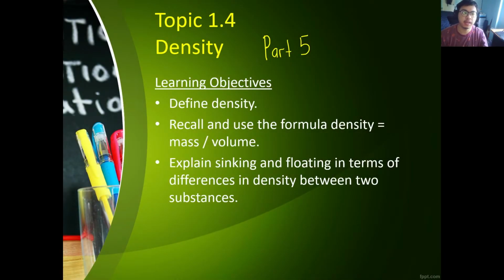Hello class and welcome back to our video lessons on mass, weight and density. Today is the final part of this chapter. We're going to look at part 5 and talk about how density can help us to explain